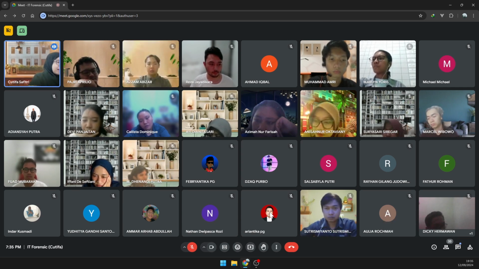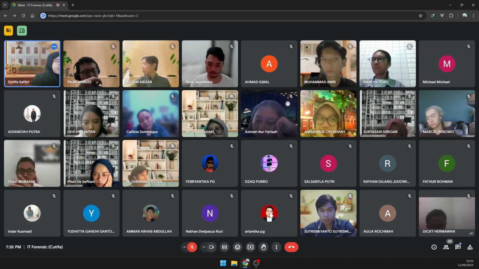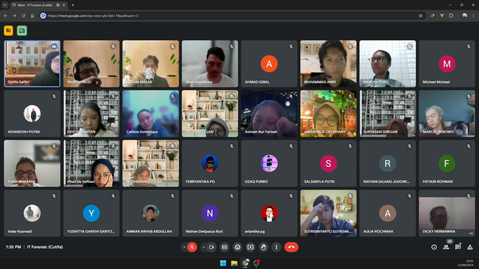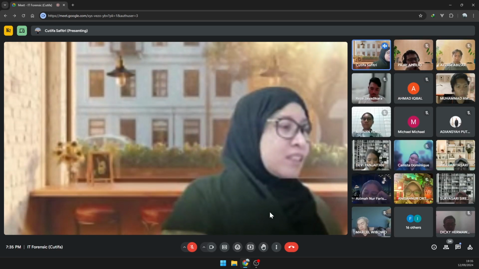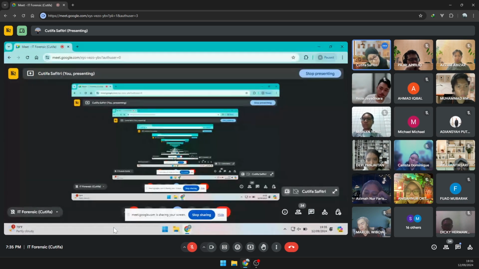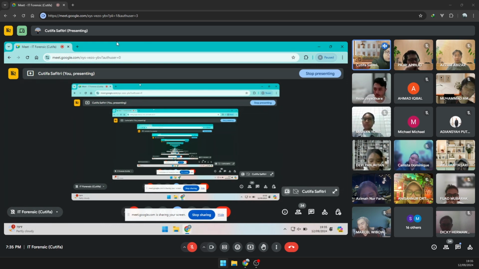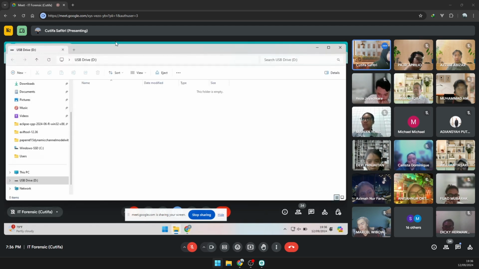Okay, so here is the thing, guys. I installed the FTK that is a little bit different on this computer. The FTK that I showed you, that I asked you to download last week, I downloaded on my computer, but I am doing the demo on my laptop here. So my FTK software might be a little bit different from yours, but the functionality is still the same.